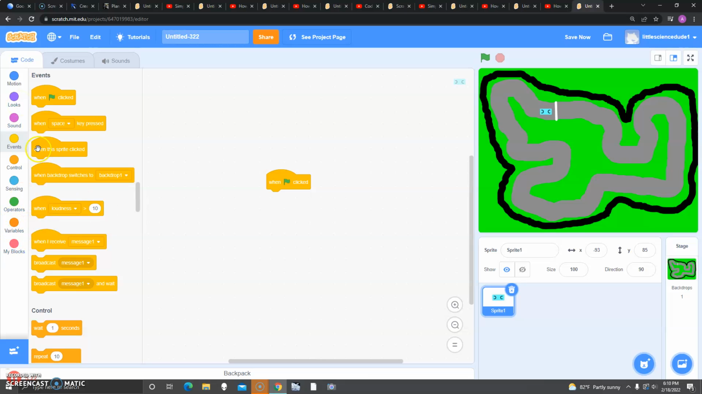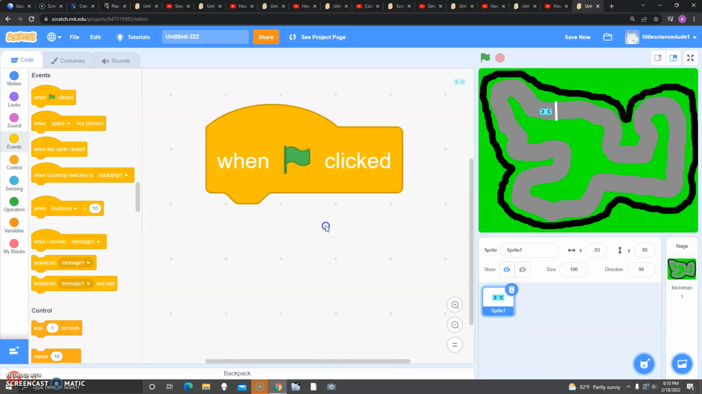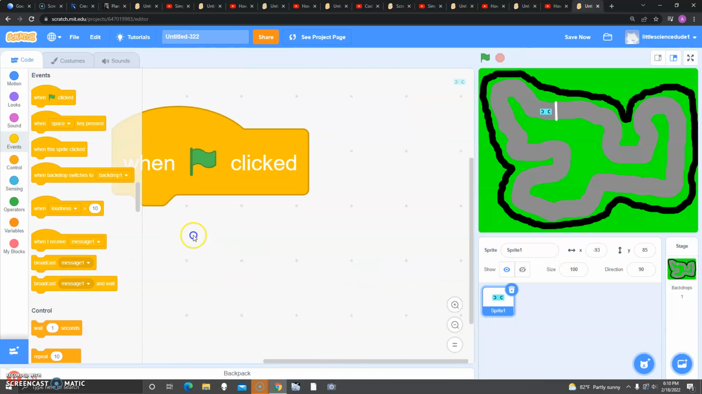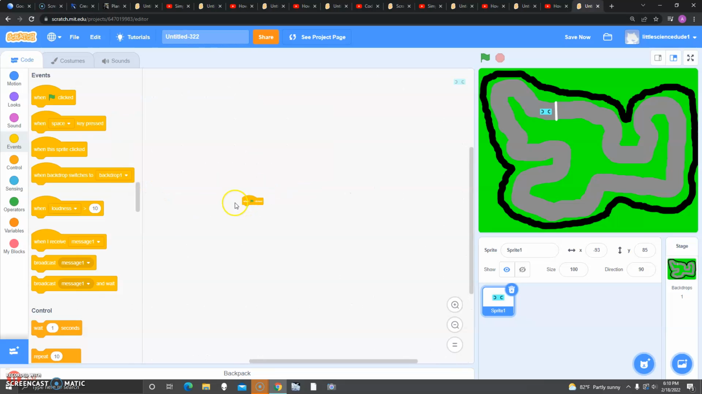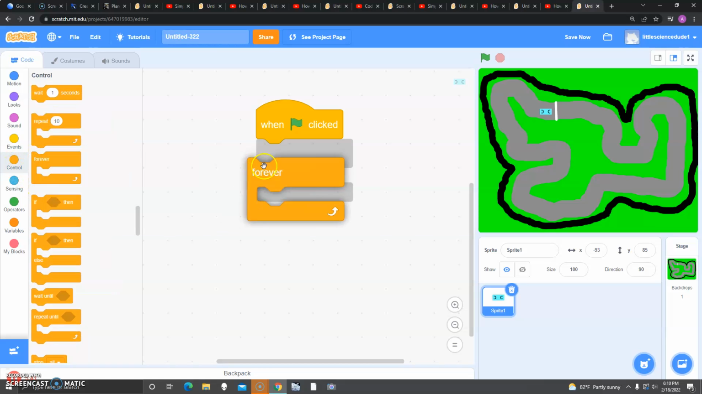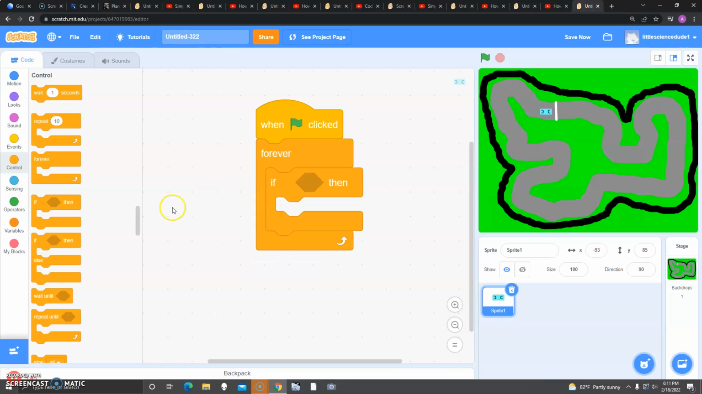Huh. So here we're gonna add a when green flag clicked block. Simple, right? Well, this is going to be a little bit more complex, but as I said, it's going to be quite easy. If